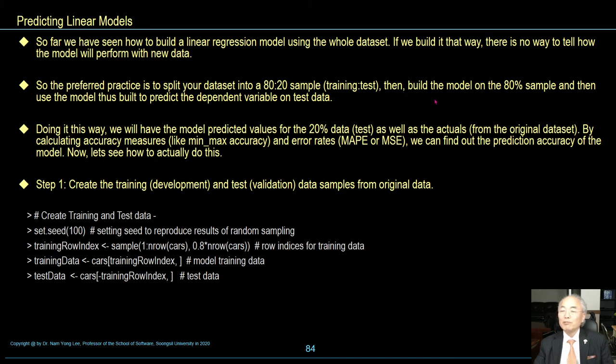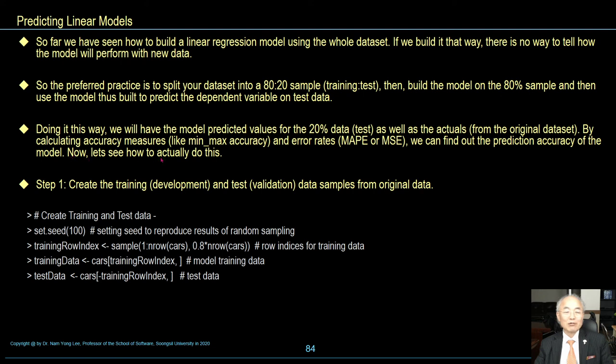Then build a model on the 80% sample and use the model thus built to predict the dependent variable on the test data. Doing it this way, we will have the model-predicted values for the 20% test data as well as the actuals from the original data set. By calculating accuracy measures like min-max accuracy and error rates, MAPE and MSE, we can find out the prediction accuracy of the model.